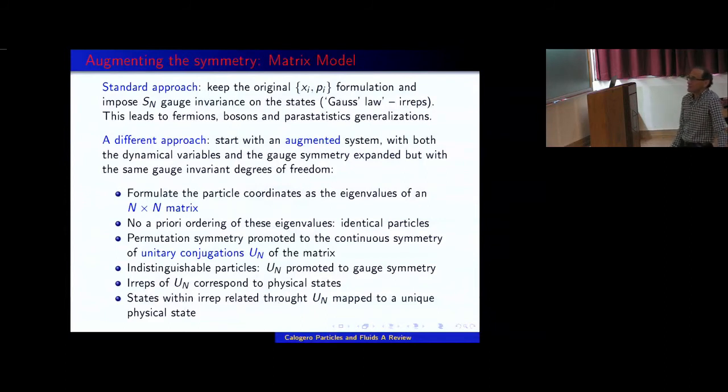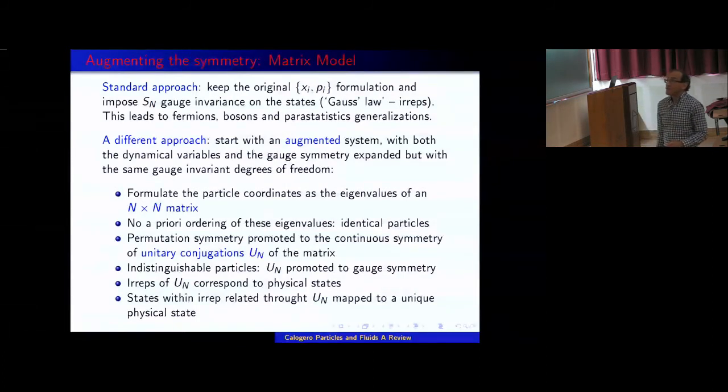And the way that we will do it is that we will formulate particle coordinates as the eigenvalues of an n by n Hermitian matrix. So that's the motivation for going to the matrix model, if you wish. A priori, when you diagonalize a matrix, there's no specific ordering of the eigenvalues. So if you just proclaim your particles to be the eigenvalues of that matrix, you made them identical because there